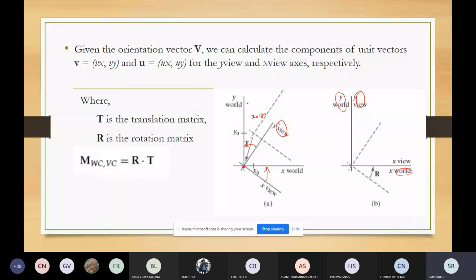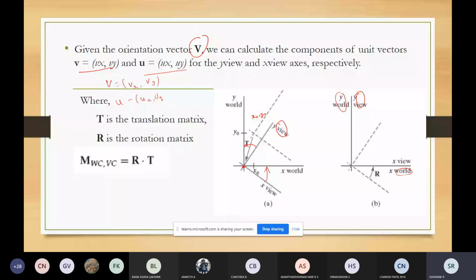After that, given the orientation vector v, you can calculate the components of the unit vector v, which is vx comma vy, and u, which is given by ux comma uy.